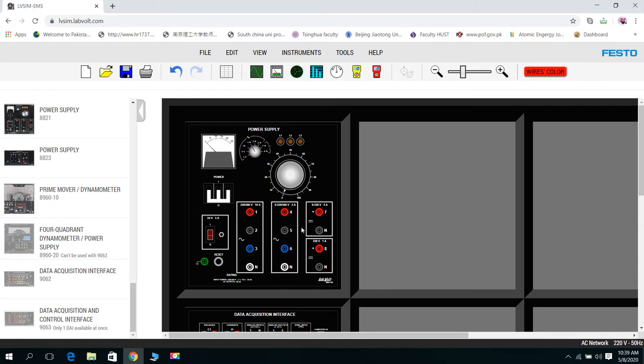So these terminals are for the variable power supply, and we have a variable DC power supply. So the 7 and N terminals are for the variable power supply. And if we want to use the fixed DC power supply, then we will use these terminals, 8 and N. Okay, so if I want to give 24-volt AC to any module to power up the module, I can just select a wire from here and connect it anywhere I want to connect it.